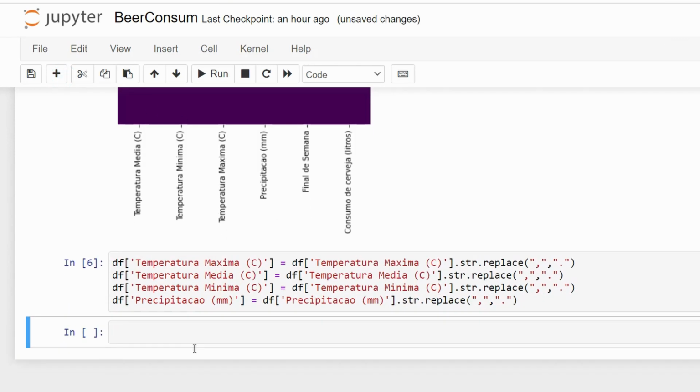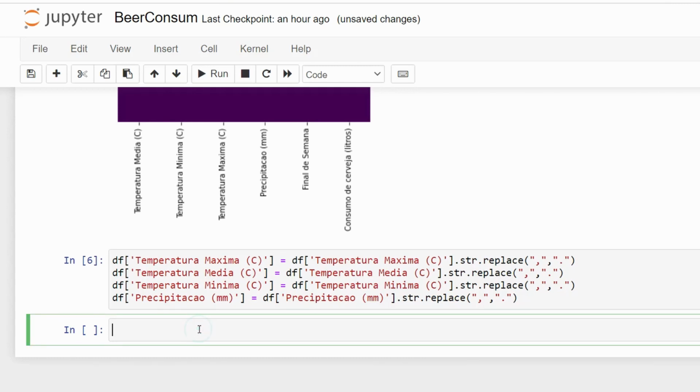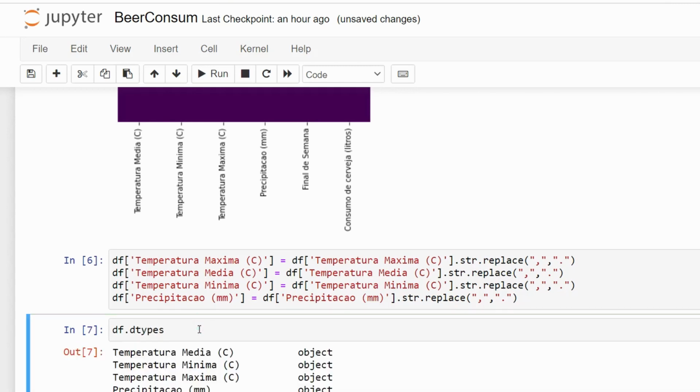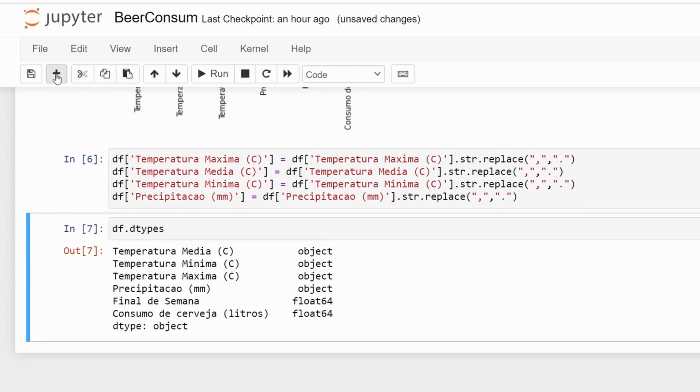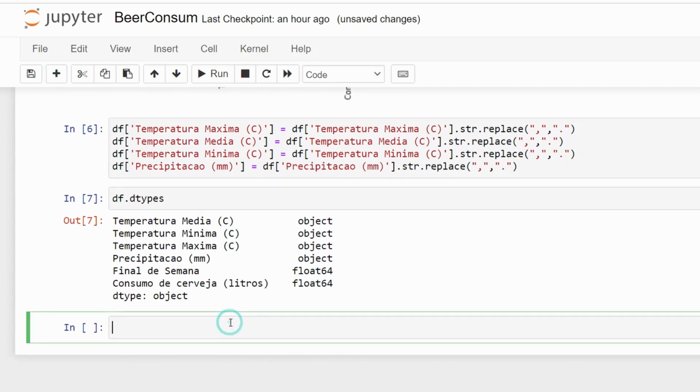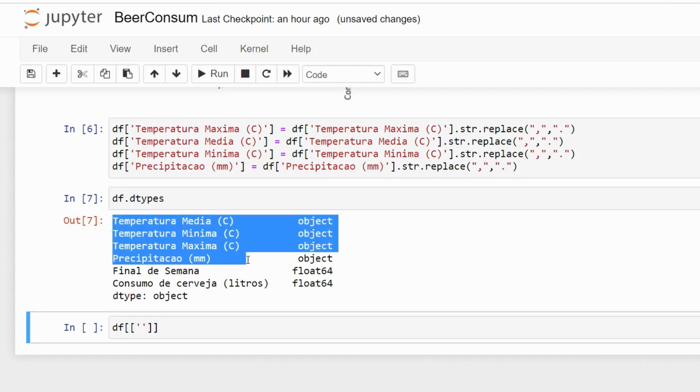Okay guys, we have replaced all the things, so you can see the types of our data frame. It's object, object, object, object, and object. But what we need is numerical values. For converting them into numerical values, you can say df, and now here two-dimensional array you can pass, because we need to replace the values with the numerical values. Now again you need to retype all the column names.